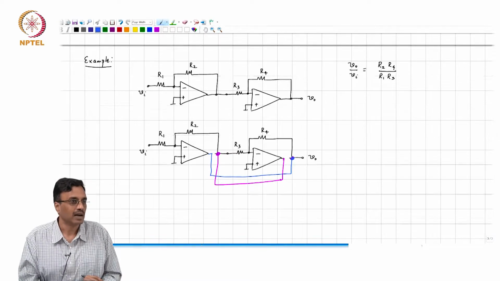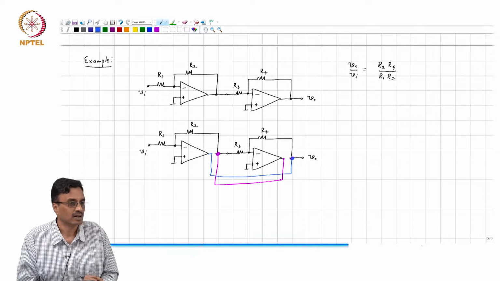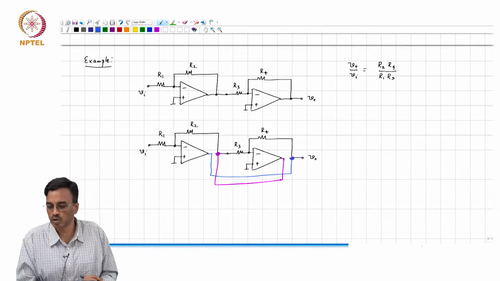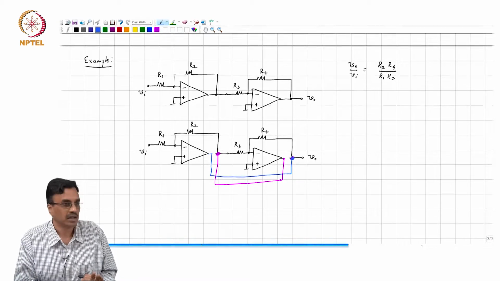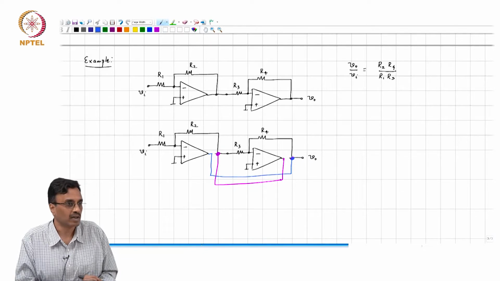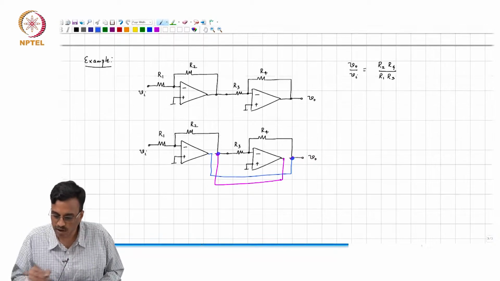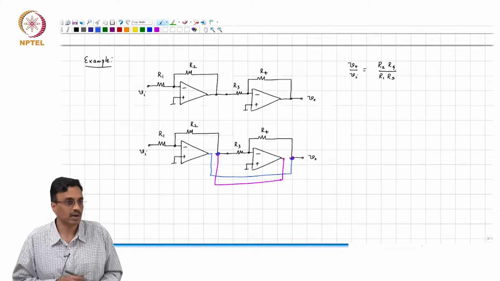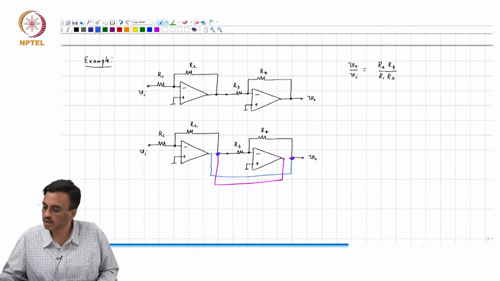All right, and our claim is, what is the claim? What should happen or what should not happen? Nothing should change, right, as far as the node voltages are concerned, correct? So, in other words, this voltage must remain what it was and this voltage must remain what it was. Okay, is that true? How do you do this?